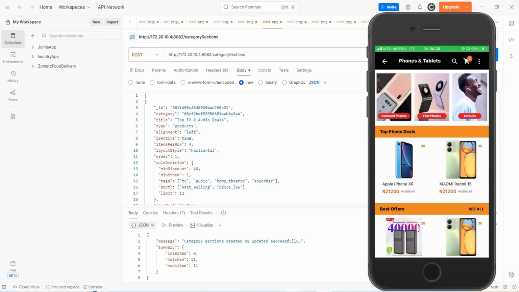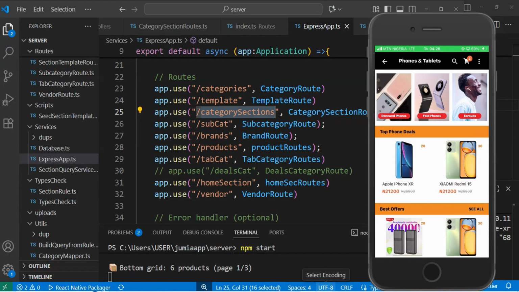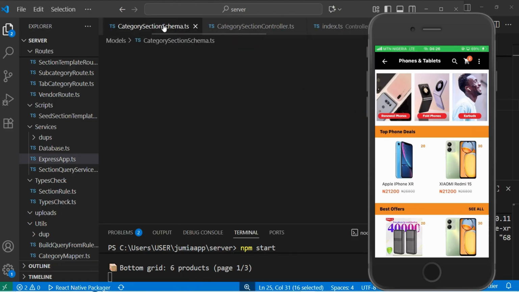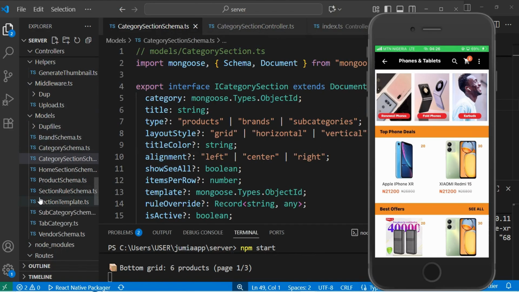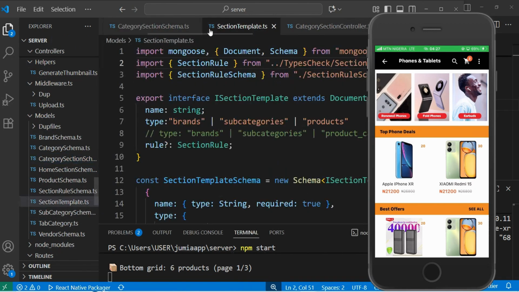Bring this down. So the next thing we want to talk about is the template, the section template. So we'll come to our category section, our category controllers, the schema. So let's go to the schema. Inside the schema here we'll have the template, section template. So if you bring up the section template,